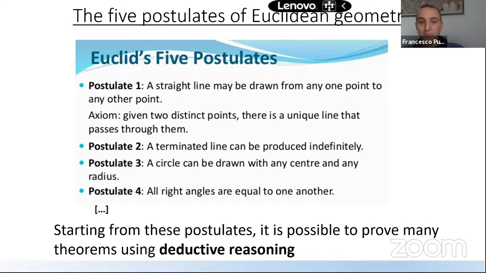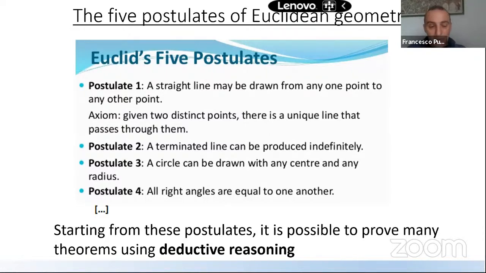Why am I showing this to you? Because starting from these postulates, it is possible to prove many theorems using deductive reasoning. So basically, what is deducting? You have to accept this. If you don't accept the postulates, then we cannot do anything for you. But the moment you say, yes, I agree that a straight line, yeah, I agree to 2 points, I tried, there is only one straight line that goes through 2 points. Okay, I accept them, fine. Starting from that, if you accept all of the 5, now I put only 4, then all the other things are deductive reasoning.